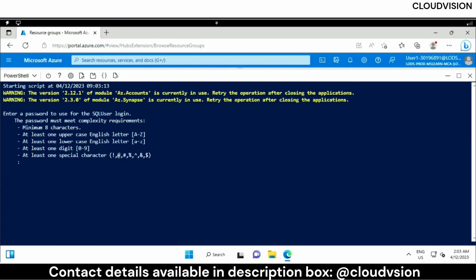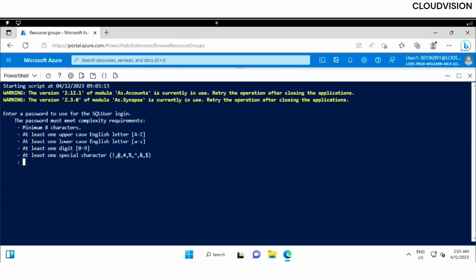Okay. Now it is asking you to enter the password for your SQL user. See, later on we will be using the SQL services, right? For that, you need to authenticate it. So it will be authenticated through a password. To authenticate through a password, you need to set a password. So globally, currently the acceptable password is Tucker not 2014. So I recommend you to use this. Now press on enter,